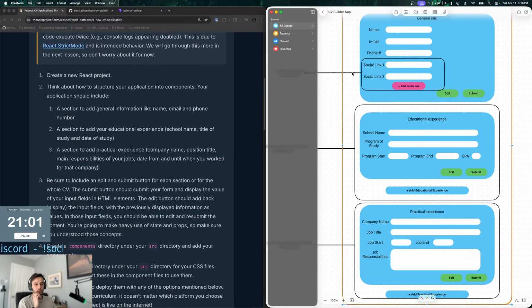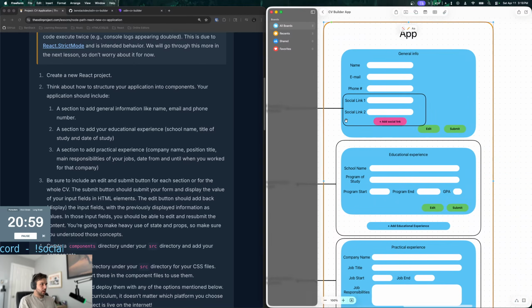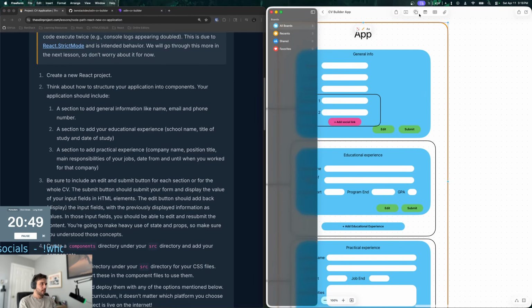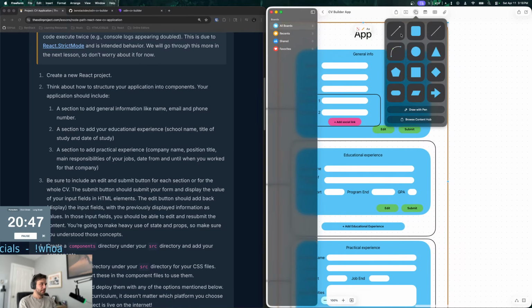Cool. I don't know if there's anything I'm missing here. I think we're pretty good. And then I only want to show this button.